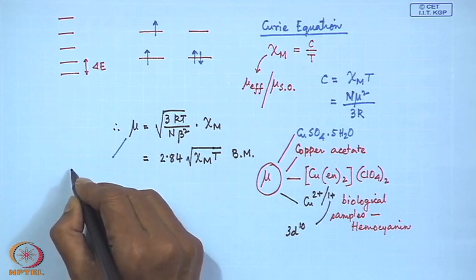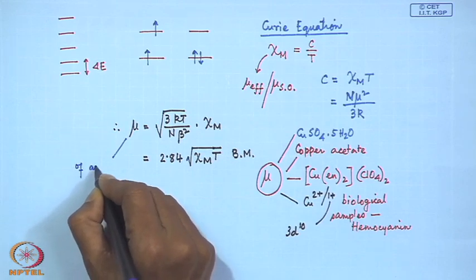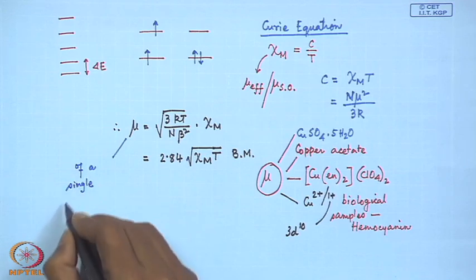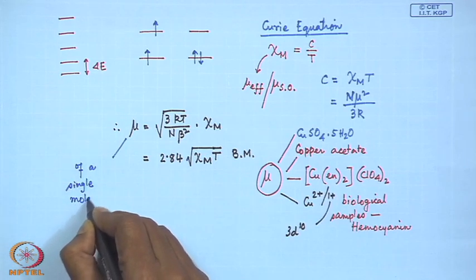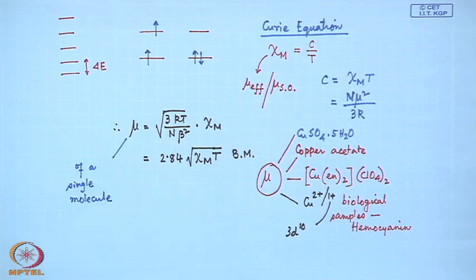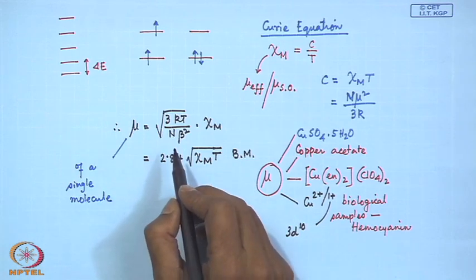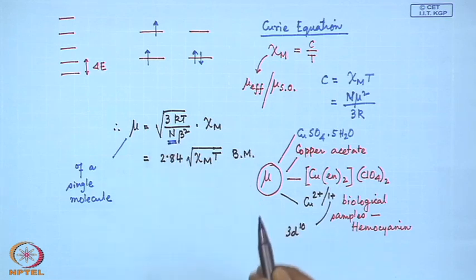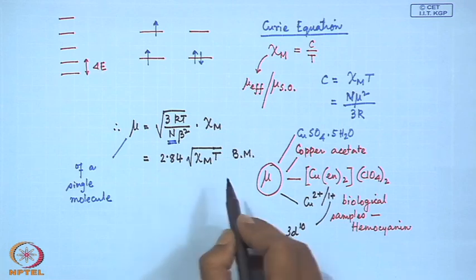So, it is the magnetic moment of a single molecule, and since we have utilized the Avogadro number N in the expression,